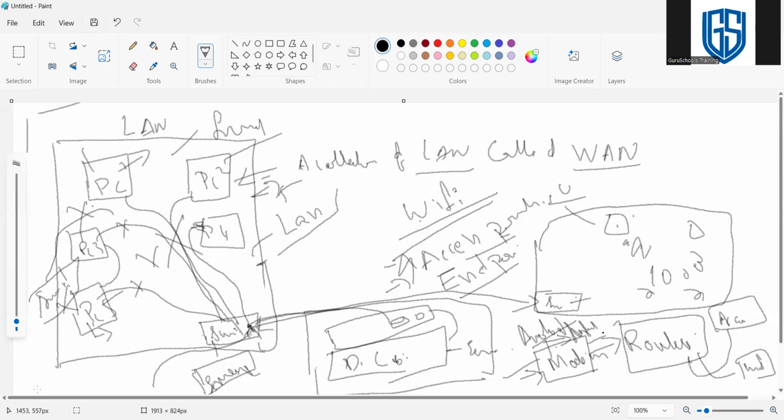Then for outgoing, from machines, for example, when we're sending some mail to some other users in another region, the data is digital. Then it goes to analog, and then it goes out of the modem to the required person. Okay, sir. It's a modulation and demodulation of data. That is the principle of a modem.